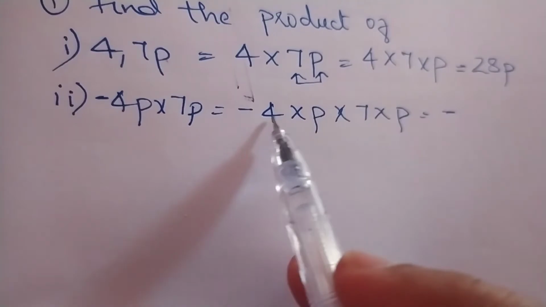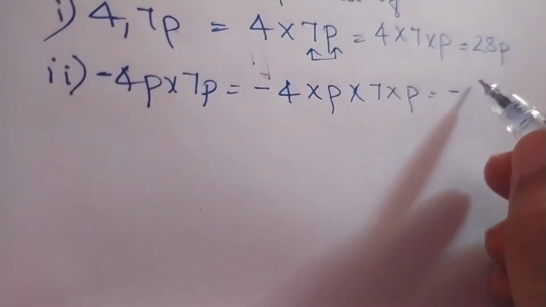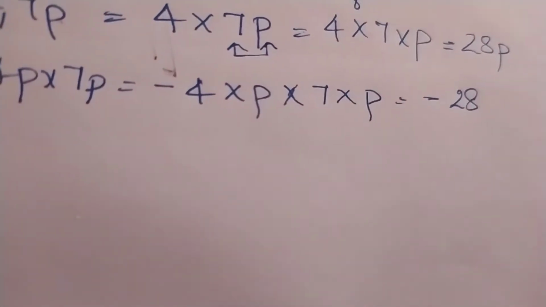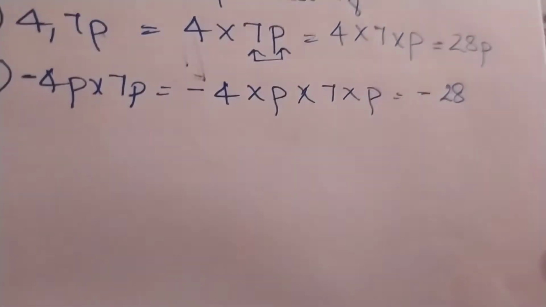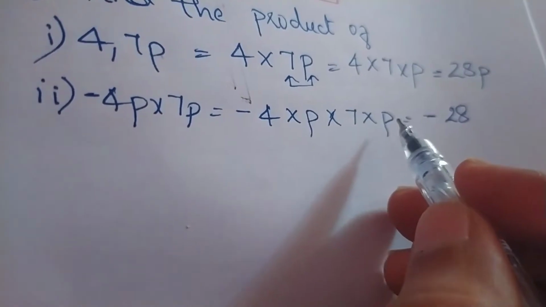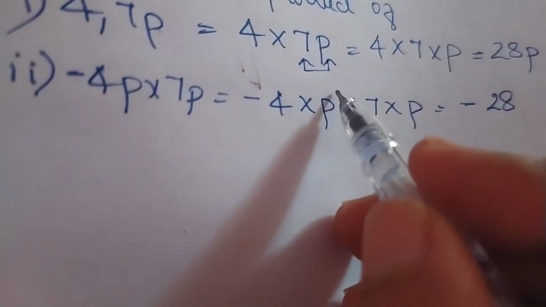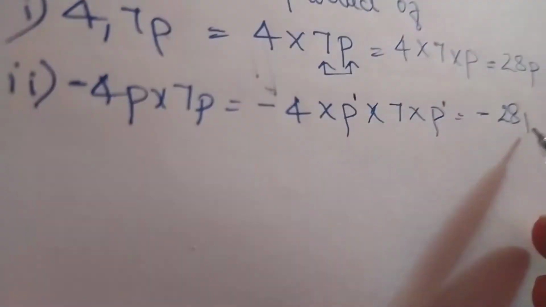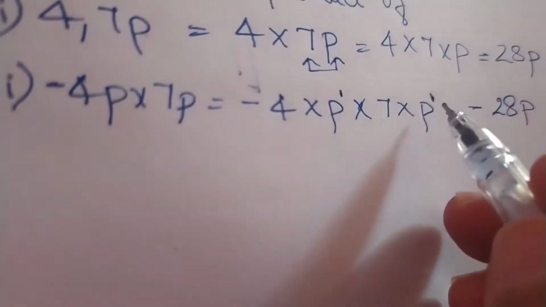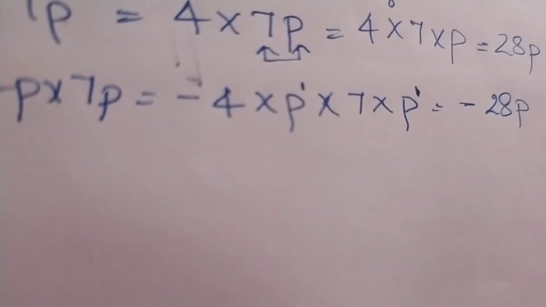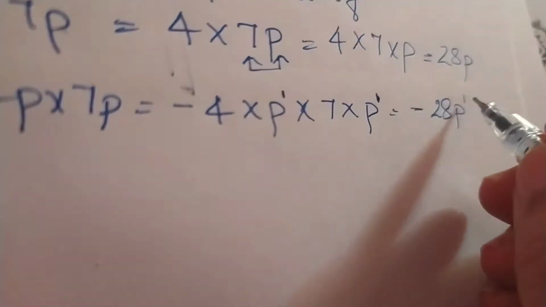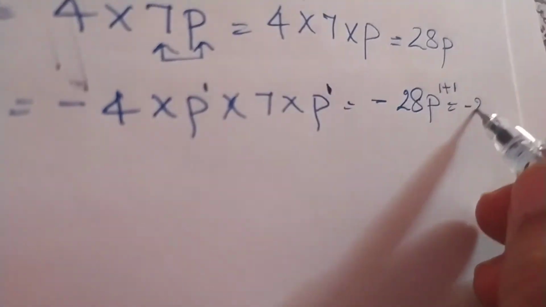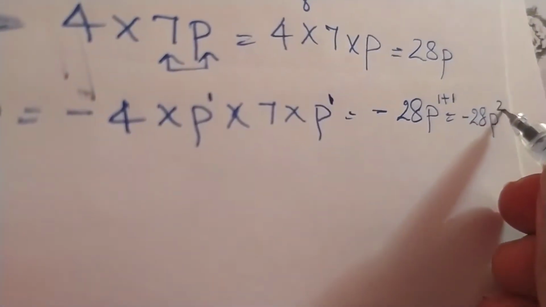There are numbers. We are going to multiply numbers. 4 sevens are 28. We are going to multiply the variables p into p. P is there. Here also p is there, children. It means p is alone, so p's power is 1. Here also p's power is 1. When we have p into p, the power is 1, so we add the powers in multiplication. 1 plus 1. The answer becomes minus 28p square.